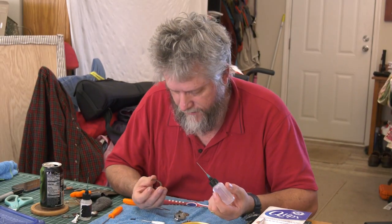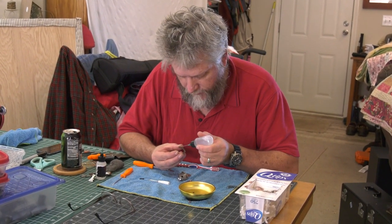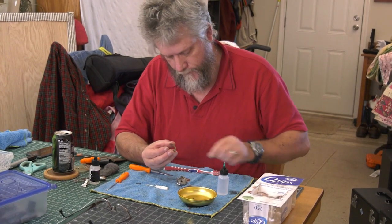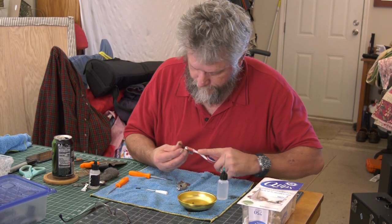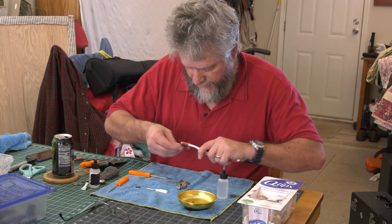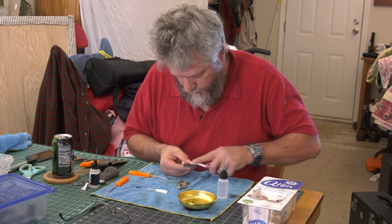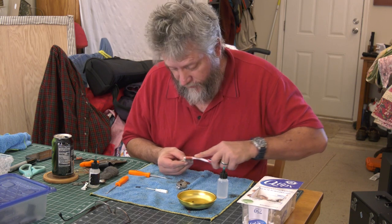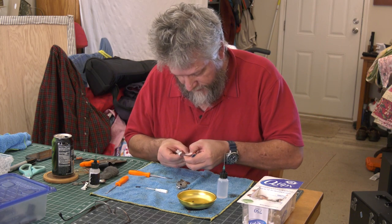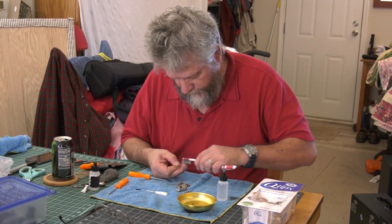Okay. What I'm going to do, and you can see I've got a rag on my work area. That's the way I've always worked. I just put some kerosene on it. Take my toothbrush and just rub. If I'm going to have any stubborn areas, I may take my steel wool and give it a quick hit. If I have any surface rust, I'm going to definitely take the steel wool and smooth out any surface rust